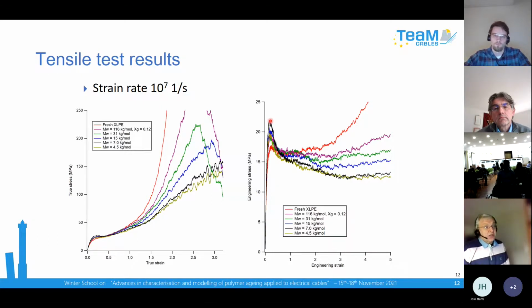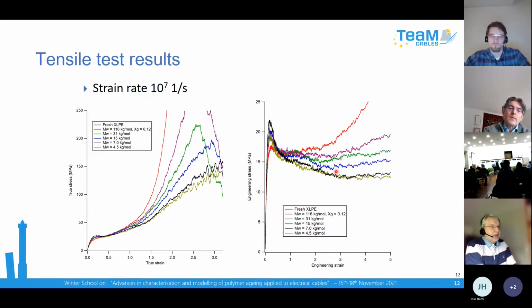The second thing we observe is that the yield stress is also increasing as a function of aging, and that's due to the thickening of these small crystallites that we have in our model. And the third thing is that the strain hardening behavior is changing. Once we introduce the aging to the material, there is less and less strain hardening in this material. And these are some of the issues that can be transferred from the molecular dynamic simulation to the